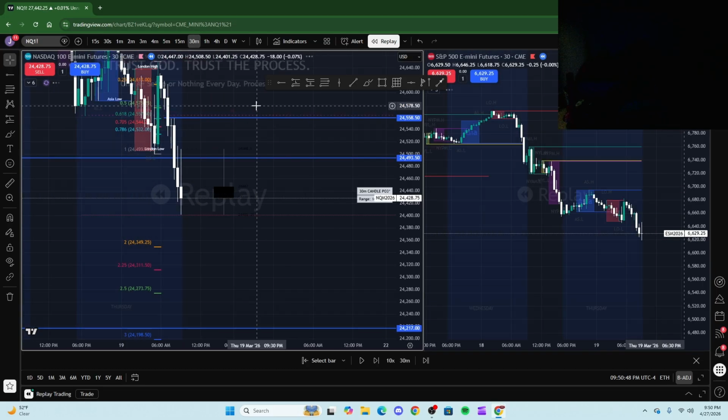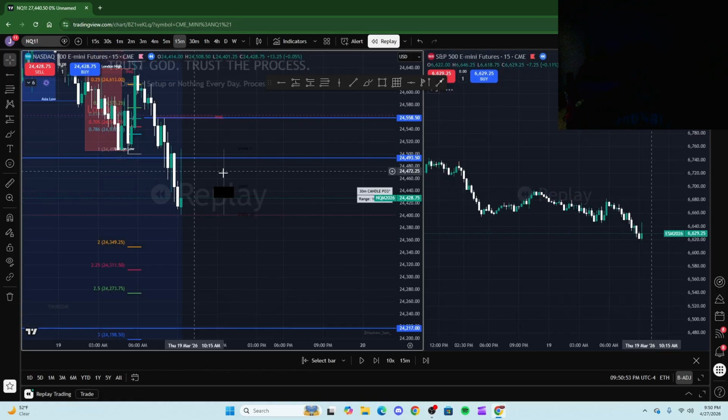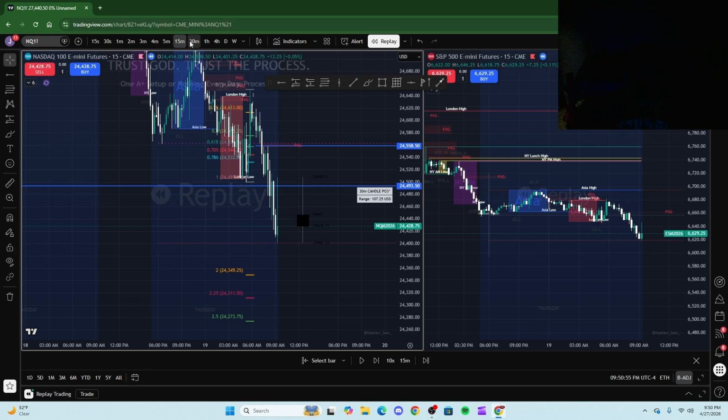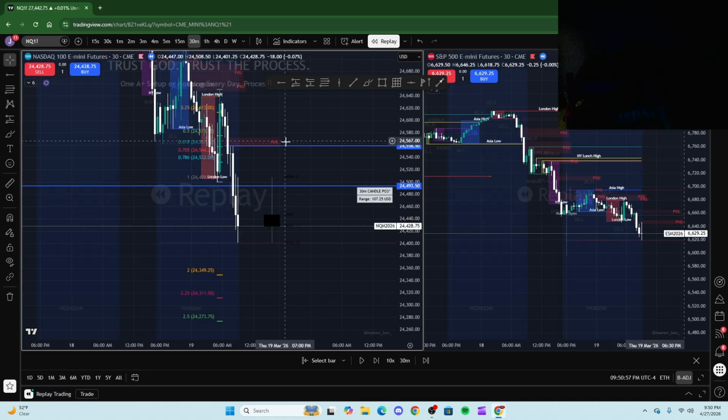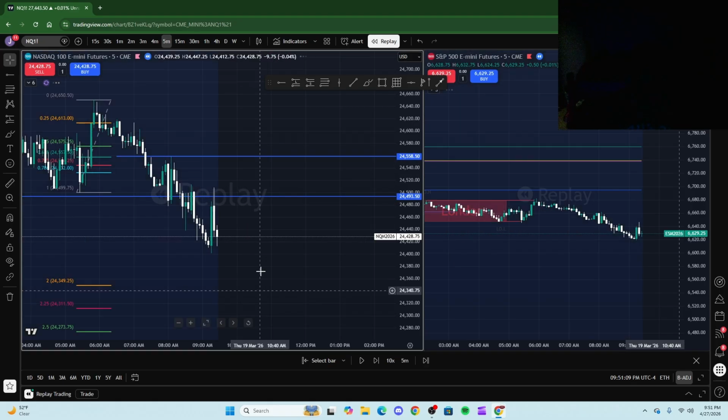So, what do I say? Because the market hasn't opened, here's what I say. I say, okay, there are no good liquidity pools to the upside. I am only going to take a trade. That's the sentence: I am only going to take a trade if. And then you pick what key levels you want to see get hit. If this 30-minute gets tapped into, or if we get a 5 or 15-minute continuation of this low.